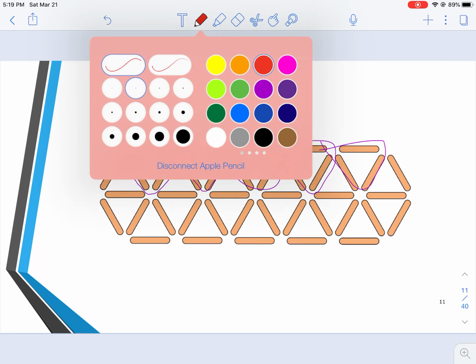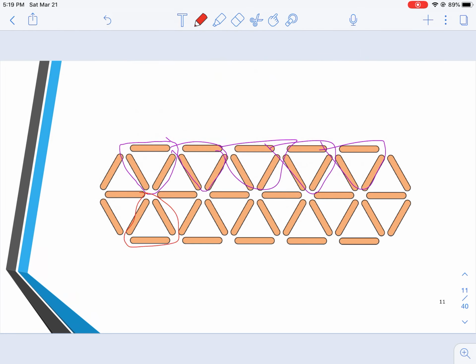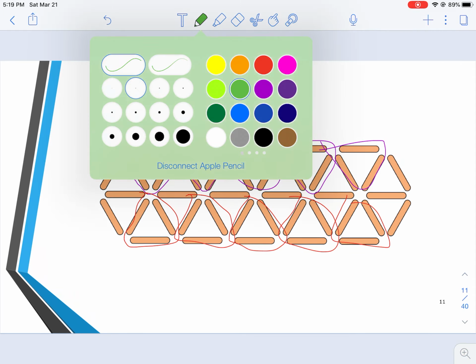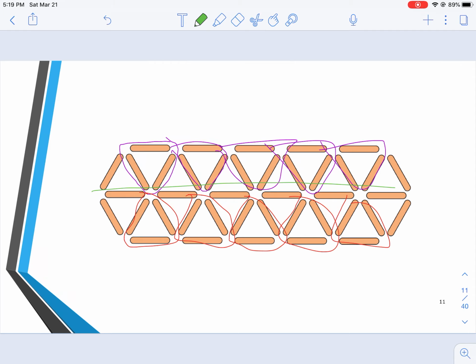So I see all of these triangles. I'm going to switch colors here. Similar shaped triangles on the bottom. Then I saw the popsicle sticks down the middle. And then last, I saw the popsicle sticks here on the ends. So if I'm going to write an expression for that,